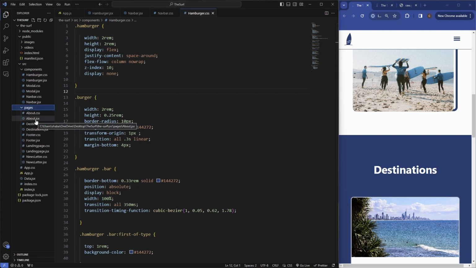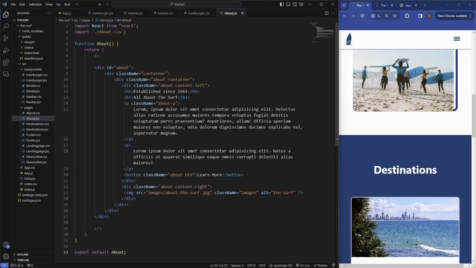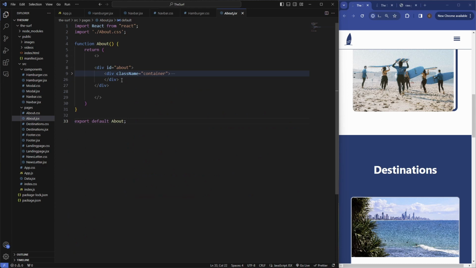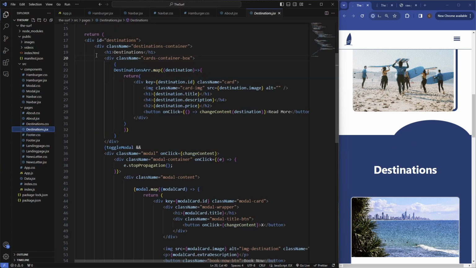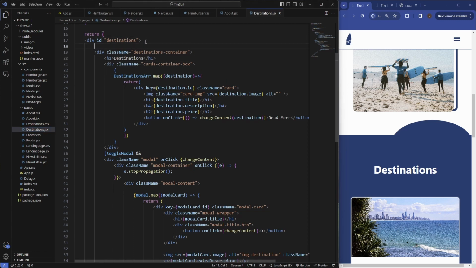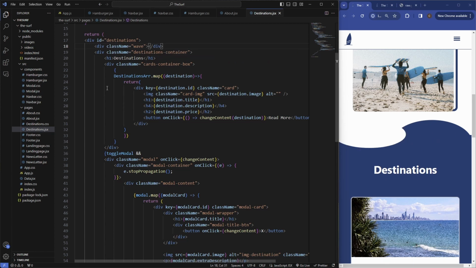So all we need to do is just include it inside the JSX. So in the about us section, go underneath all of this, and then just include a class of wave 2. That will give us the wave there. And I'll explain these classes in just a sec, but let's just include it for the destination. So for the destination, go right inside of here. So this will have wave, or just a class of wave. And that's going to give us that little effect between the two sections,